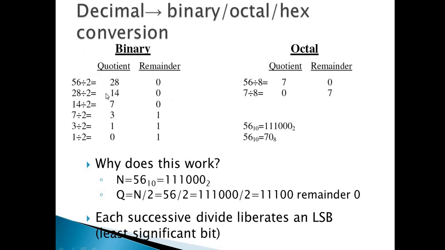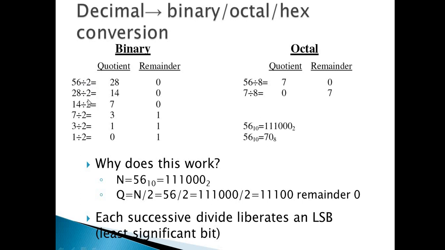Then we'll go to the next point, that is decimal to binary, octal or hexadecimal conversion. When we move from decimal to another number system, we have to divide it by that particular base. So for example, if I want to go from decimal to binary, we'll divide it by 2. Binary has base 2, so the decimal number will be divided by 2 until I get the quotient 0, and the remainders will be considered to form that particular binary number.